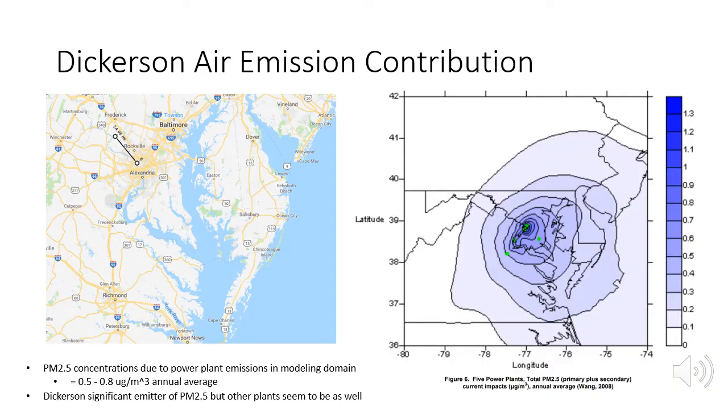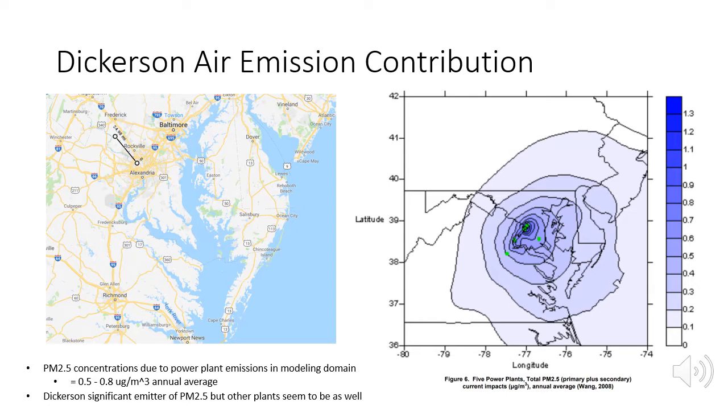One of the questions we were asked to answer was how does the Dickerson power plant compare to the other power plants in the region in regards to the particulate matter it emits. And so I used this map on the right from the Wang study that Dr. Robert provided us with. If you look at the map on the left, there's some indication of the modeling domain from the Dickerson power plant to the DC area, which is around 40 kilometers. And so when I compare the two maps, it looks like where we have a PM 2.5 concentration between 0.5 and 0.8 micrograms per meter cubed,